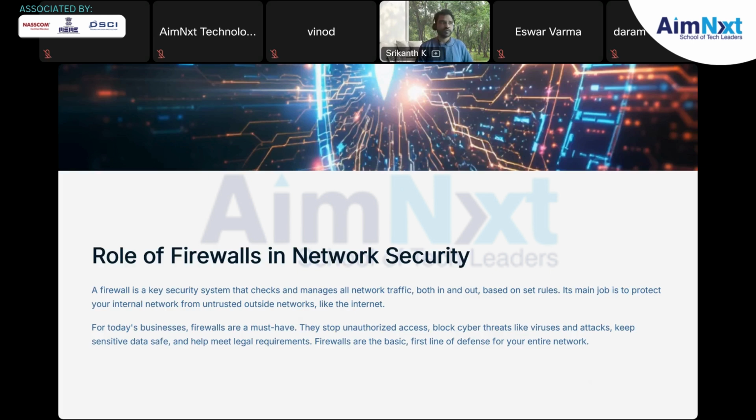So network security majorly deals with firewalls, but not only with the firewalls. We have a lot of layers even in network security, so we are going to discuss them down the line. So the role of firewall is vital. As part of this course, we are going to discuss a lot about firewalls, a lot of in-depth